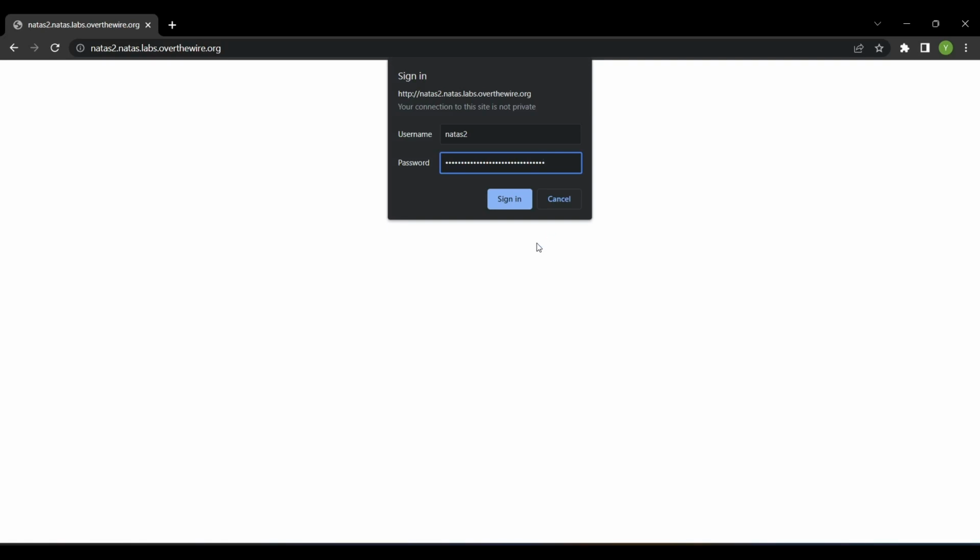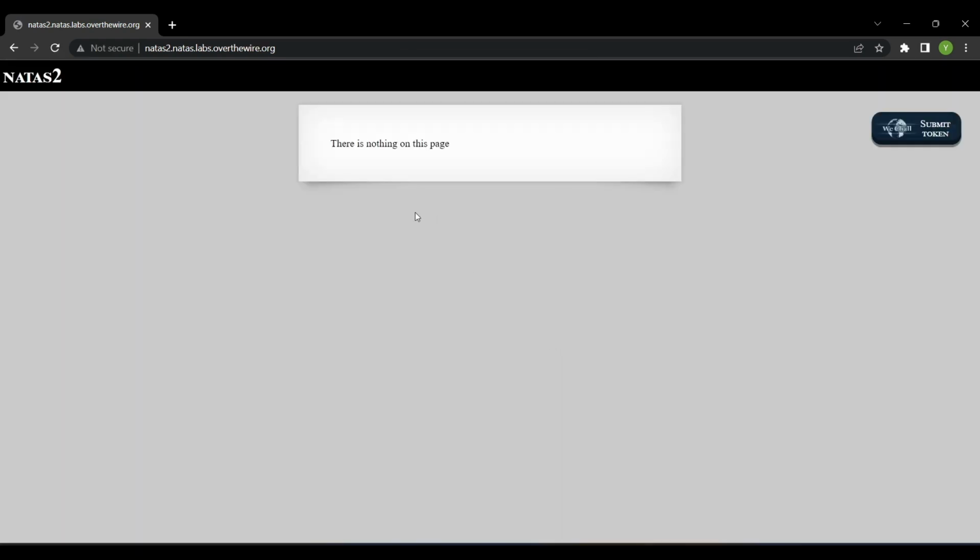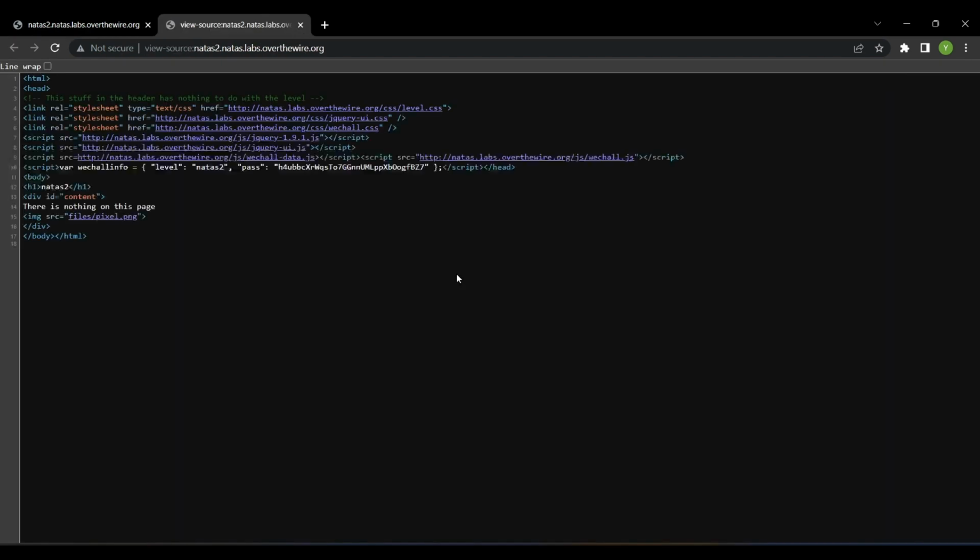Now let's log into Natas 2 with the password found in the Natas 1 page source. Here again there is nothing on this page, so let's check the page source. On the page source, we can see the password for Natas 3 is not explicitly mentioned, but we can